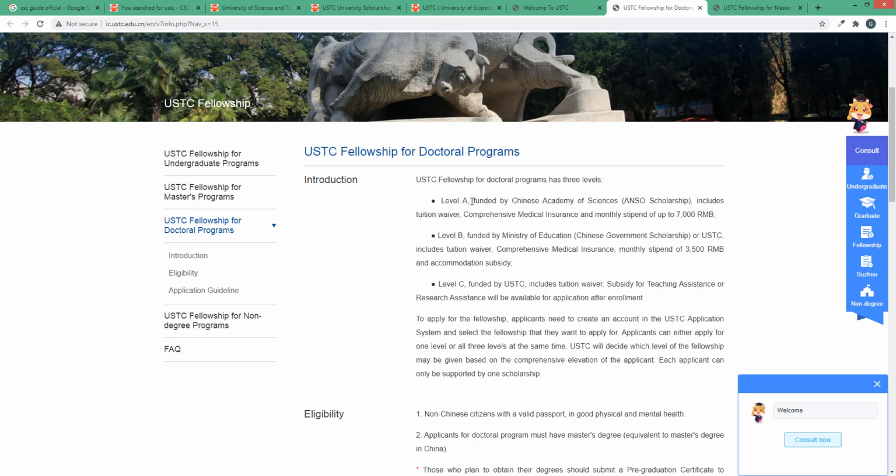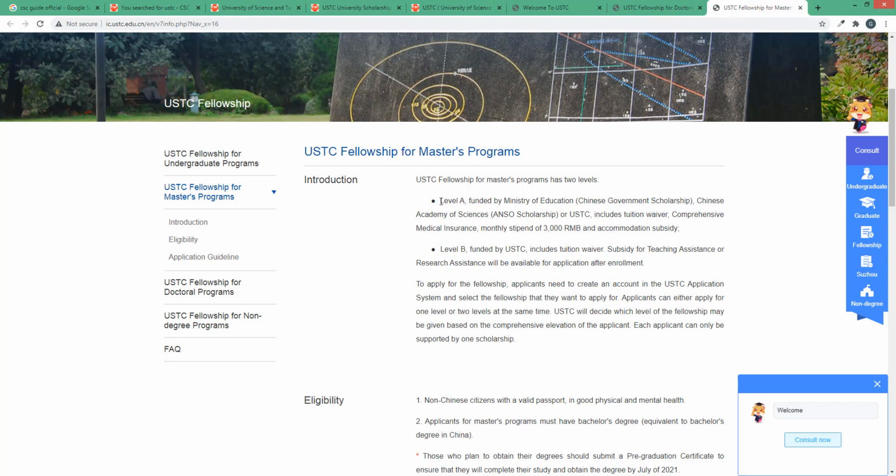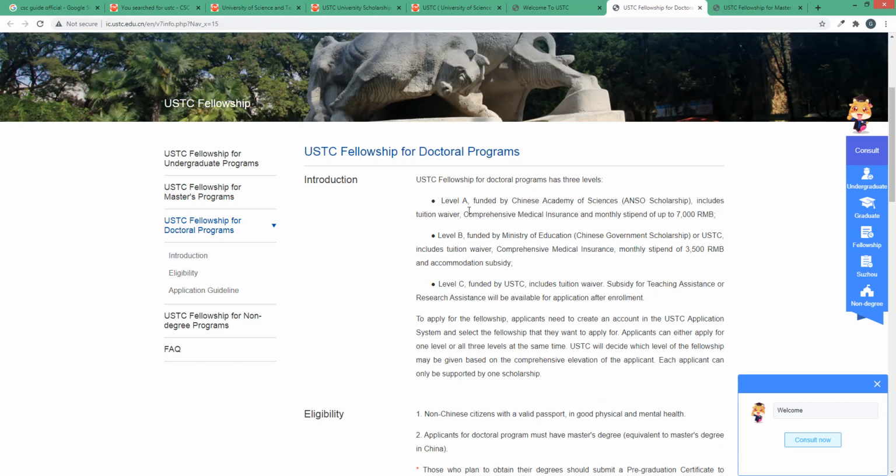First, level A, they divided into two options, level A and level B. It's just the same as that. It's just level A covering all these ministries, and in this category they divide into two levels, because in the first level the ANSO scholarship stipend is 7,600 to 7,000, so that's why they divided into two.